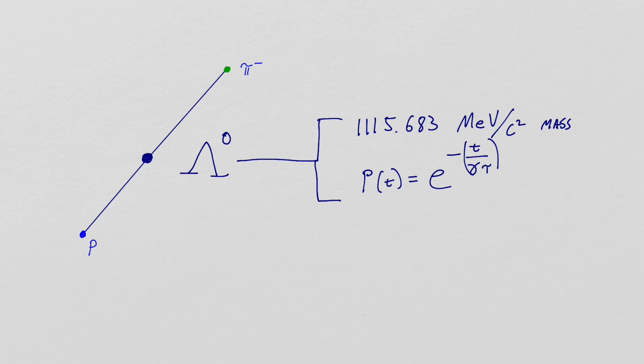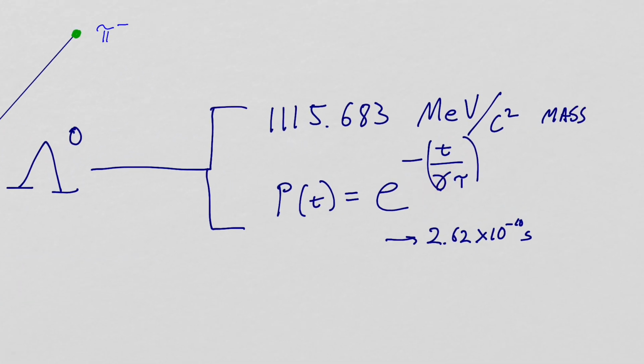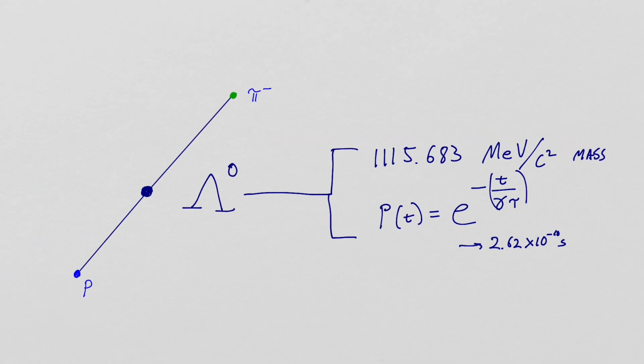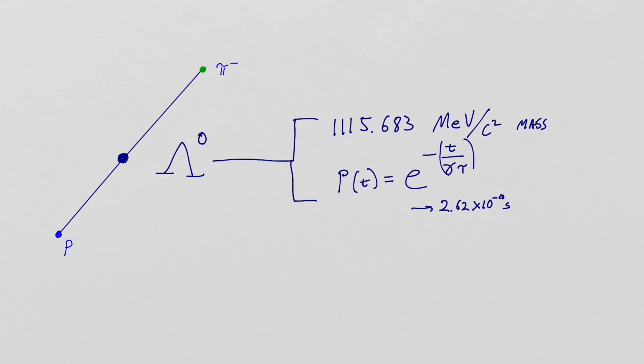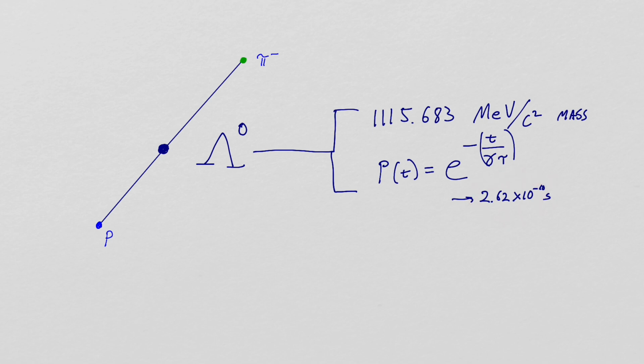So in our case, the mean lifetime of this particle is 2.62 times 10 to the minus 10 seconds. After that, you've got to multiply that by gamma, right? So some larger time than this, because the faster it goes, the longer it lives, right? Because its clock is what's ticking away before it dies, and its clock is multiplied by this gamma factor, which is going to be larger than 1 in the laboratory, because in the laboratory, of course, this lambda is moving along. So it's going to live in the laboratory longer than 2.62 times 10 to the minus 10 seconds, depending on